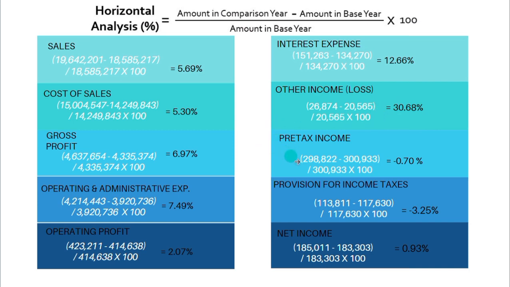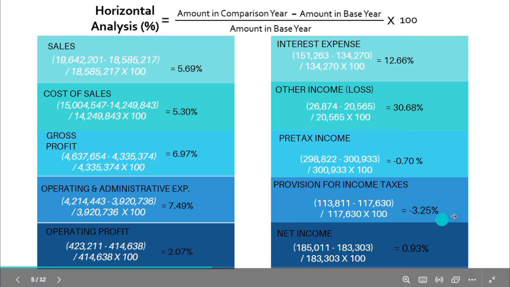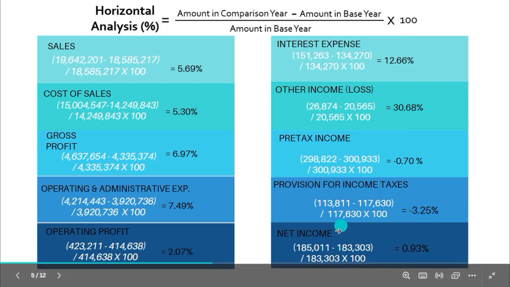For pre-tax income, 298,822 minus 300,933 divided by 300,933 times 100 is equal to negative 0.70%. For provision for income taxes, 113,811 minus 117,630 divided by 117,630 times 100 is equal to negative